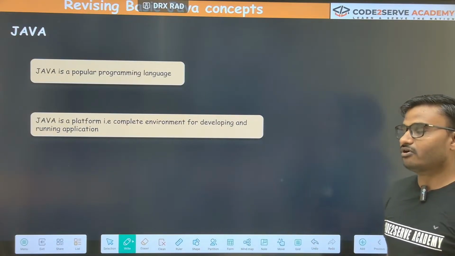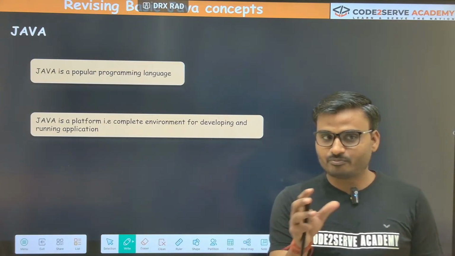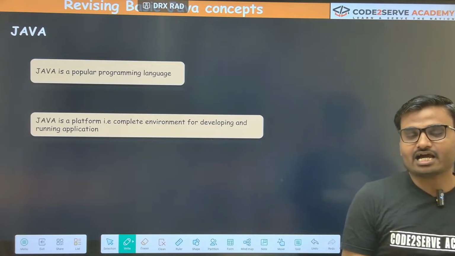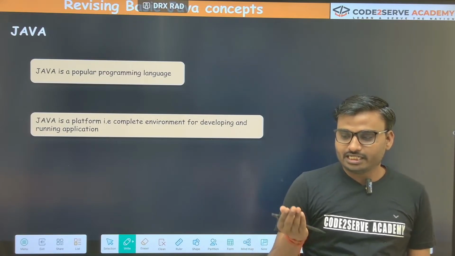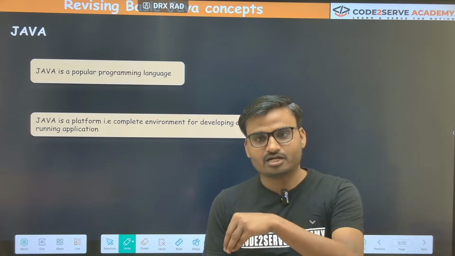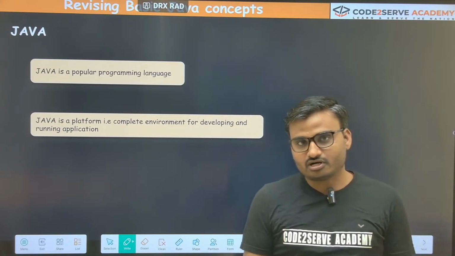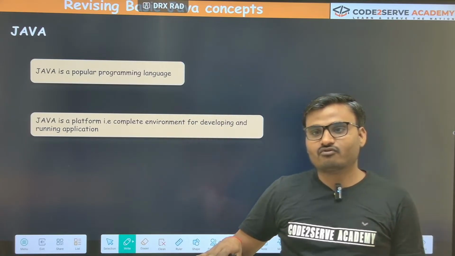What do I mean by platform? A platform is an environment where a programming language or code can run. If I write code in C++ or any other programming language, it needs a platform where we can run that code. In Java, whatever code we write, we can run on the Java platform itself.